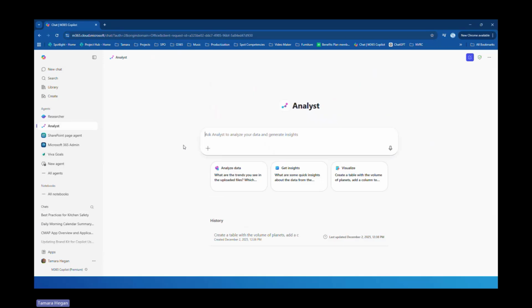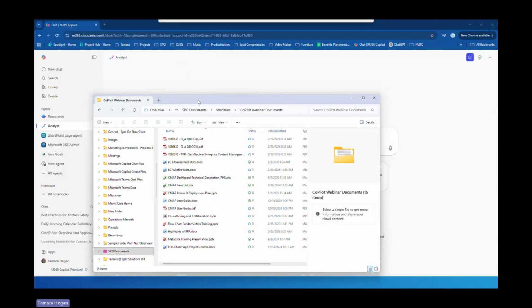Now, if I go to an analyst, I can say, what are some quick insights from the data of uploaded files, or create a table with the volume of planets. I don't know. I don't care about that particular prompt because I'm not worrying about planets, but I can come in and I can analyze information. So if I have some just regular details, I might come in here and say,